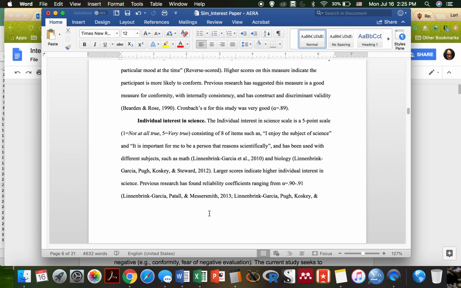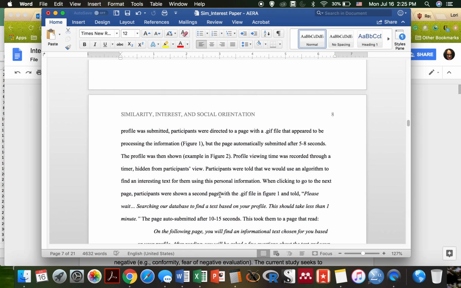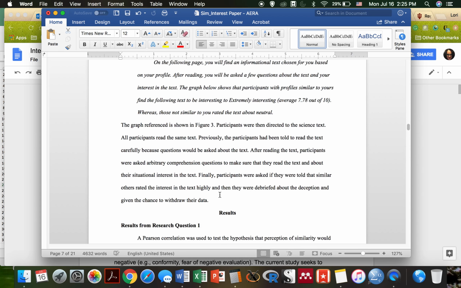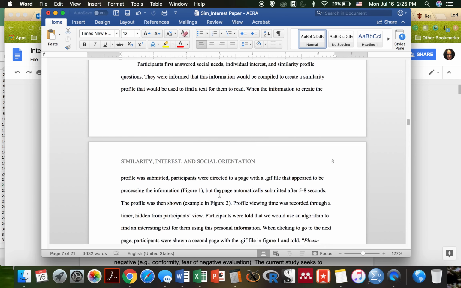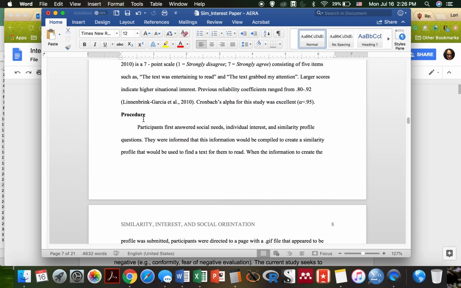Now, once you have the questions that you used, that goes down to procedure. For me, my procedure was quite long compared to yours. And this looks pretty short, but it was actually pretty long. This is going to be pretty long compared to what you guys have to write. So, in mine, the participants first answered these types of questions. For you guys, you would just say participants were given the link to the survey to complete, and then you talk about